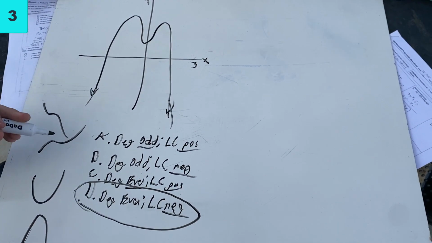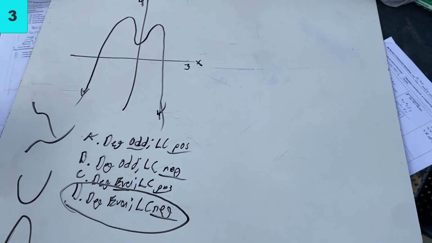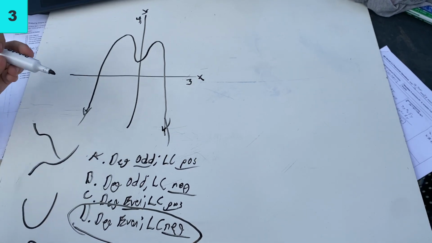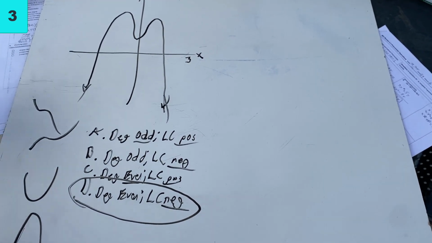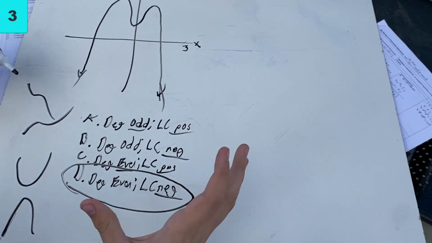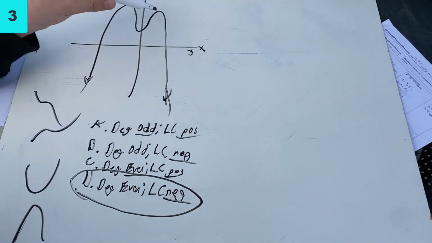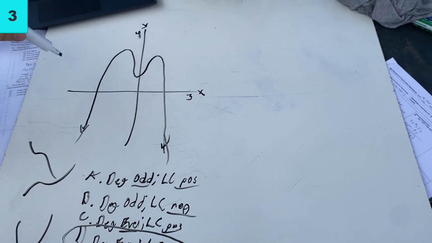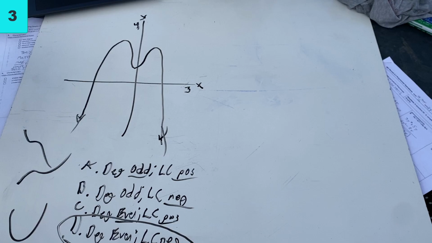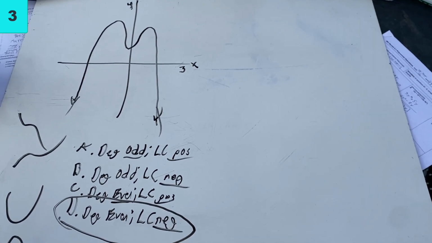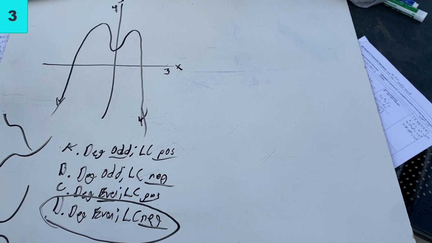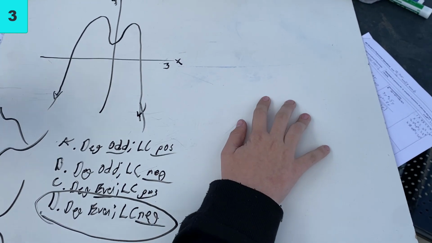So, now that we have figured out what our degree is and what our leading coefficient is, we now have to determine what the end behavior for the graph is. This basically means when a certain thing happens for the x, another thing happens for y. So because it's an even degree, that means that our y behavior will be the same for both. Because it's a negative leading coefficient, that means that y will always be tending towards the negative, which means our end behavior is